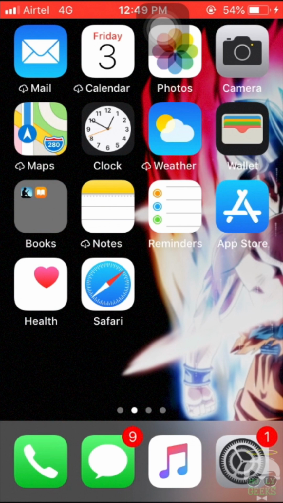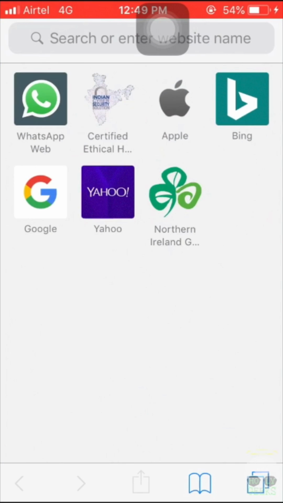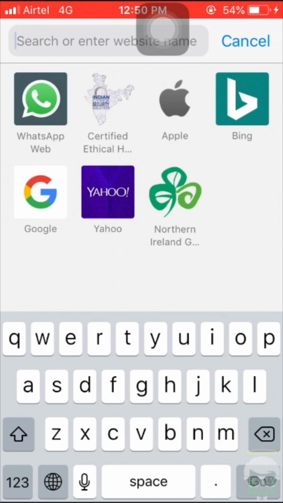Everyone. Today I'm going to be showing you how to download paid apps or all kinds of applications, cracked games, everything on your iPhone for free without any jailbreak or any sort of that. So first thing you got to do is go into Safari and type in